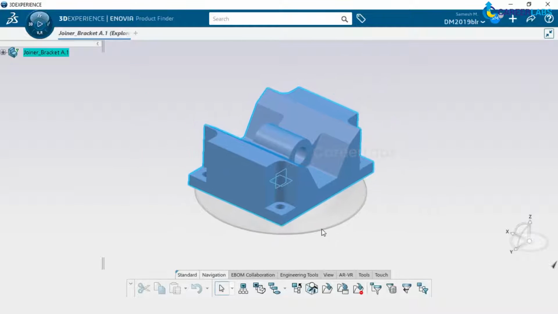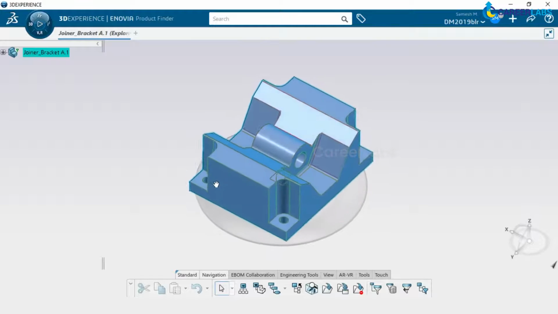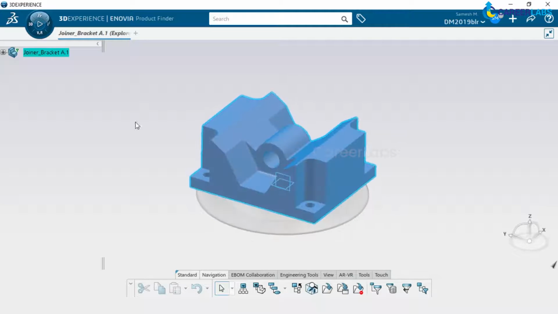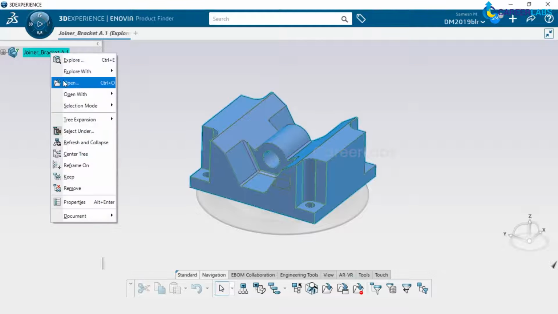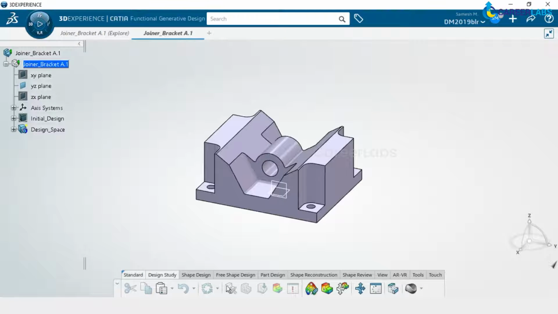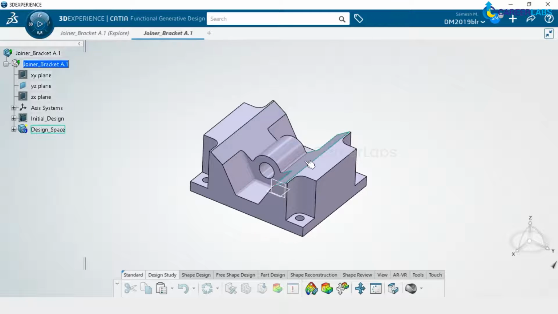Now that we have imported the part for the purpose of visualization and to understand the physics of this part, the next step is to take this part inside the simulation module, which is CATIA functional generative design. So to do that, we'll open, and if you see the toolbar got changed, wherein these toolbars are particularly to create a sketch on this part, and also if you want to edit any of the geometry, that can be any of the features. If you want to edit, that can be done.